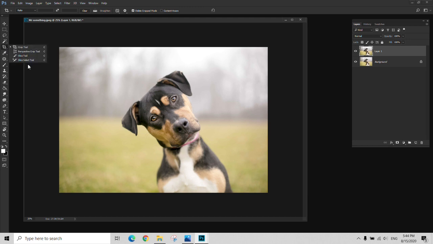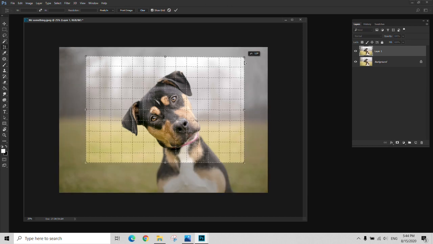You have other tools here. This slice tool, we're not gonna talk about it. It's an important tool, but mostly used for web design. We're not gonna talk about this in this training. And you also have the perspective crop tool. It looks like the same, but you can crop the image on the perspective. Like, just imagine